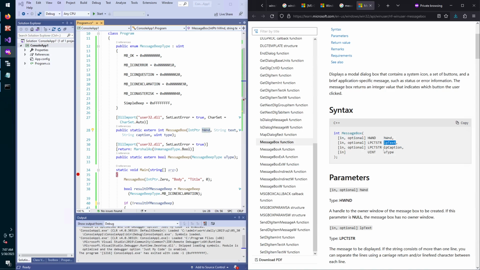Okay, and this is lpText, lpCaption, and this is uType. Why do I do this? Because these things are greppable. If you go MessageBox space lpText on the internet like this,